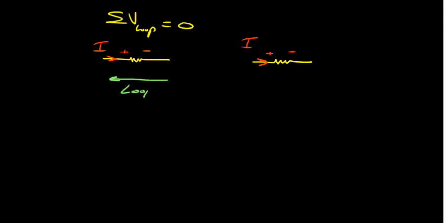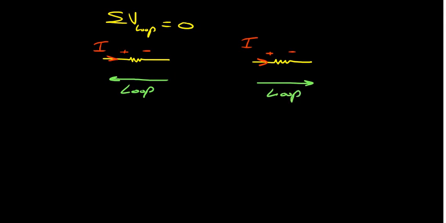Let's assume I have a resistor, and I have the same resistor. Now let's assume my current was going this way, and here my current was going the same way. And we know that the current normally goes from high to low. But if I chose my loop to go this way, or my loop was this way,